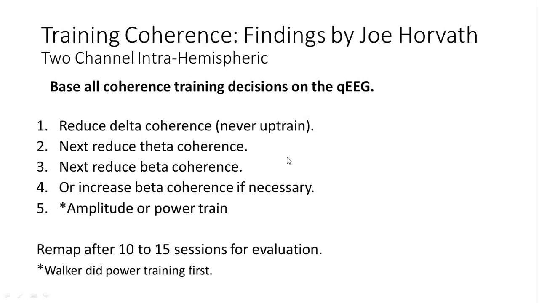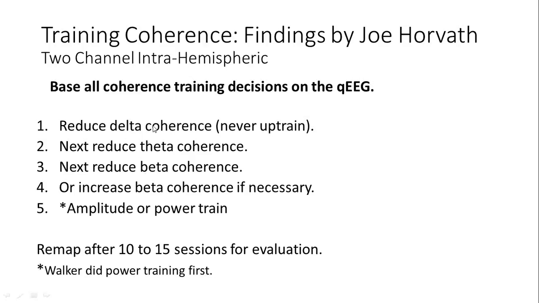And you may have noticed an article written by Coben and Hammond and others, saying, we just don't have a lot of good, solid research on Z-score training. It seems to work. And in this case, it seems to work pretty good if you're uptraining delta coherence, but we're not getting enough solid research on it to feel comfortable freely using it with your clients without being overly concerned. So Horvath just never did that.